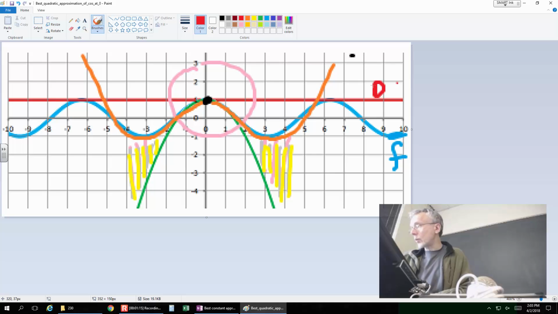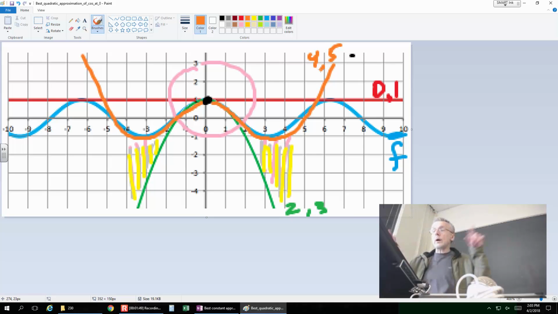This is 0 and 1. Okay, that is the constant and linear approximation of that blue function. So both of them are linear, and just one of them is constant, and just happens to be horizontal. And then secondly, over here I have 2 and 3. That is, as you can see, a parabola, and it approximates our blue curve better. And finally, we have here degree 4 and 5. Okay. So that approximates even better, and the range at which the approximation is acceptable expands more to the sides,